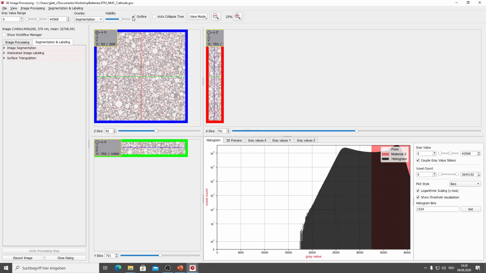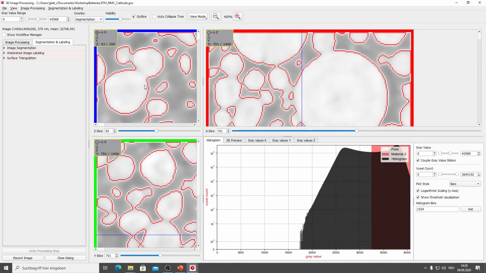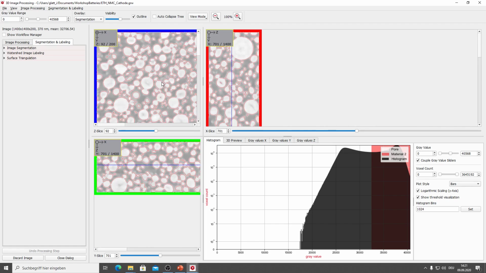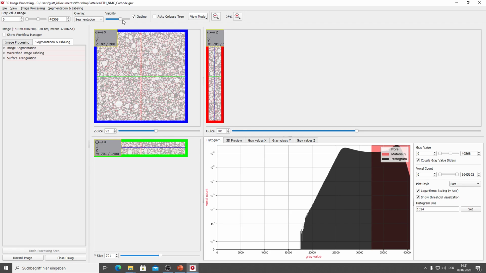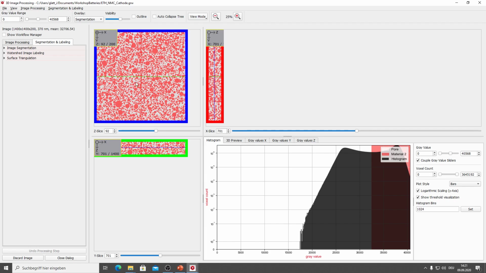You can also choose outline. Then if you scroll into this with the mouse wheel while holding control, you can see where the threshold is being chosen at the moment, and if this fits your intuition. You can scroll out again and uncheck the outline so that you can see everything again.